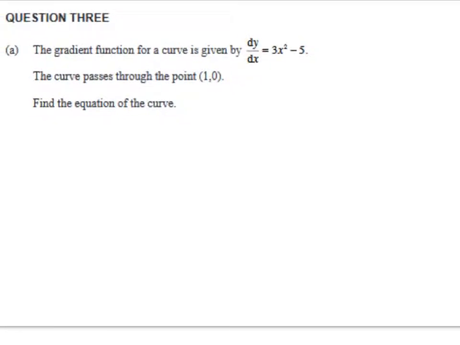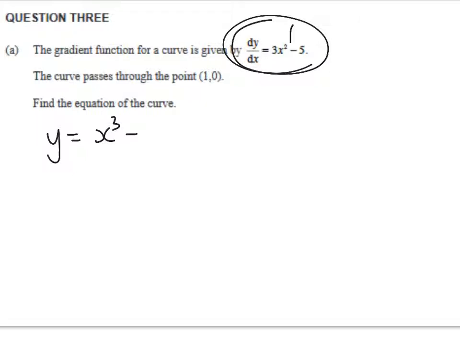Right, so the first one, we're given the gradient function for a curve, and this is it here. And the curve passes through the point (1, 0). And the gradient is a parabola, quadratic, so we know our answer should be a cubic. So y will equal x cubed minus 5x. All I'm doing to get that is anti-differentiating this 3x squared minus 5